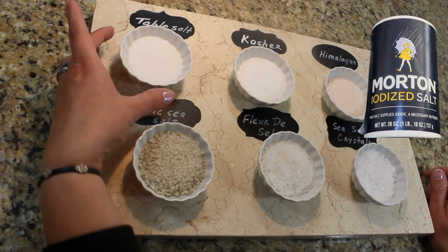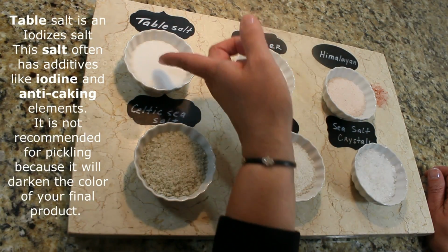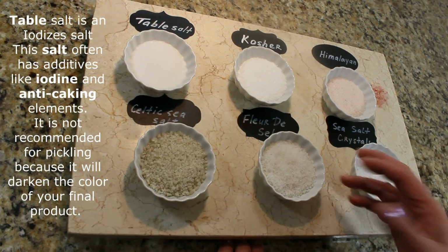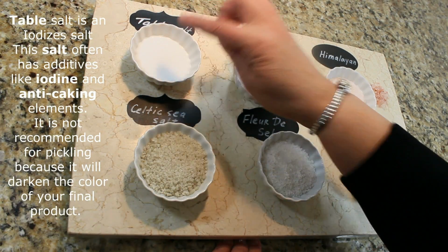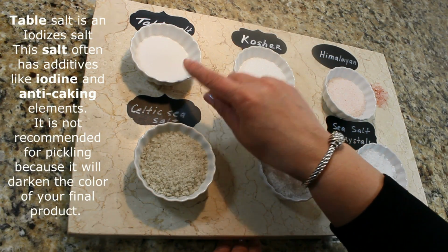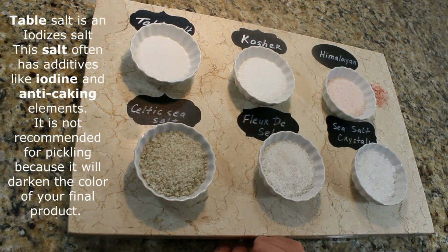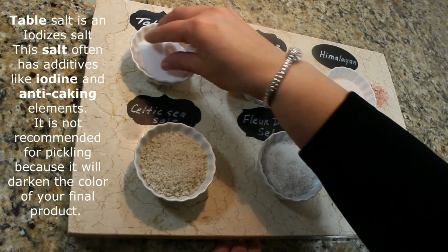And let's go. So the first salt I want to talk to you about is table salt. Table salt is your common household salt that you can just buy in the grocery store. It does have some additives to it. It has some iodine in it and anti-caking additives. So I don't use this salt very often in cooking, but I do use it in baking because it is